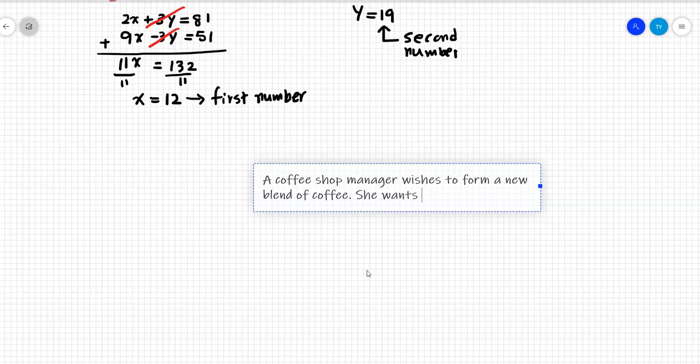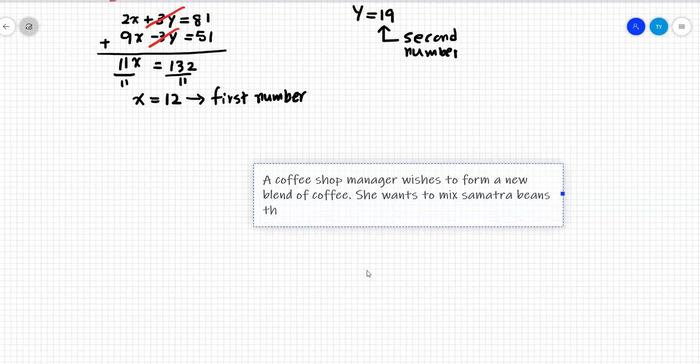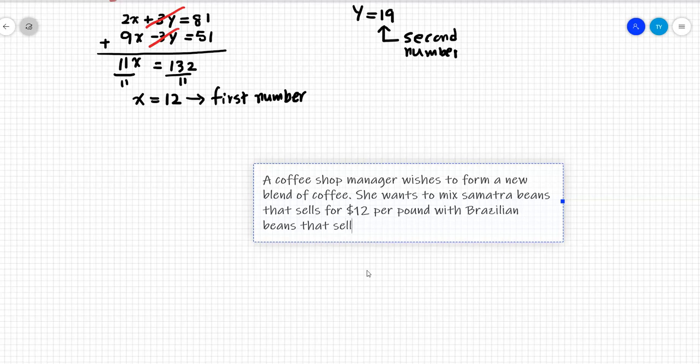She wants to mix Sumatra beans that sell for $12 per pound with Brazilian beans that sell for $8 per pound